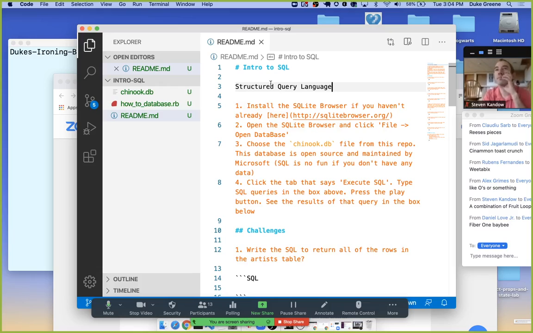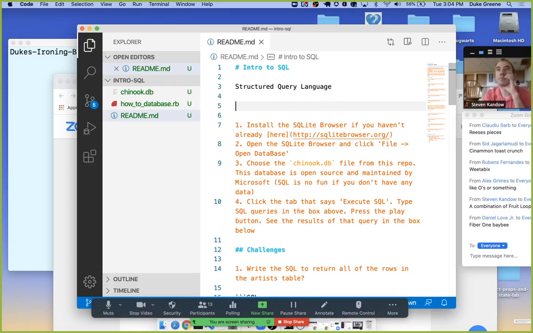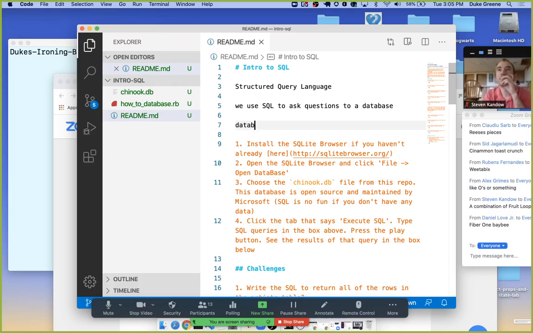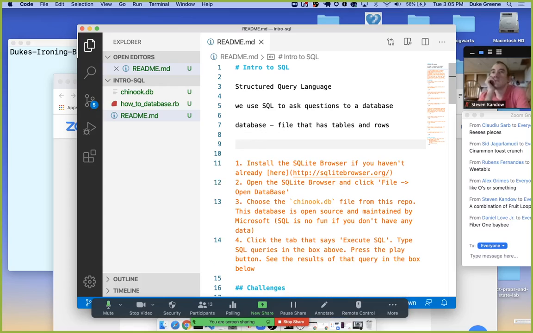This implies that there is something to ask questions to, right? So we use SQL to ask questions to a database. What's a database? It's like a file that has tables and rows, right? So we could make some comparisons to things that we've done, right? We could say that in the whole course of a Ruby app, we have the whole database,